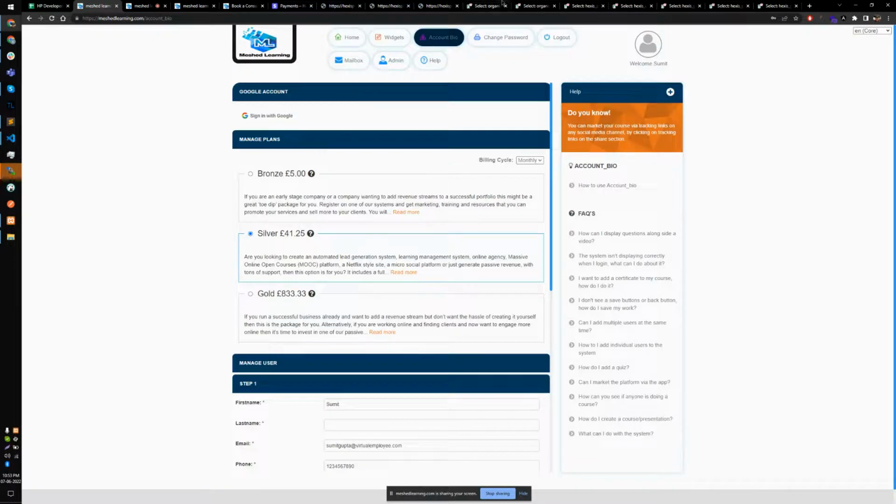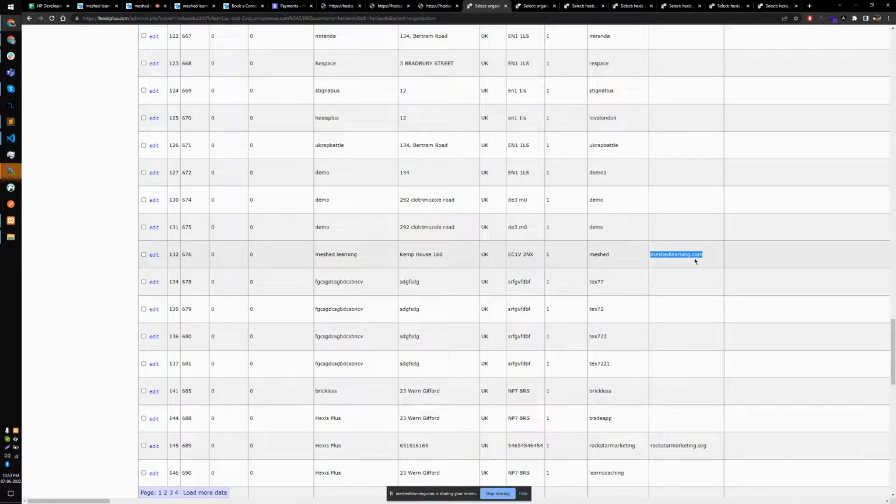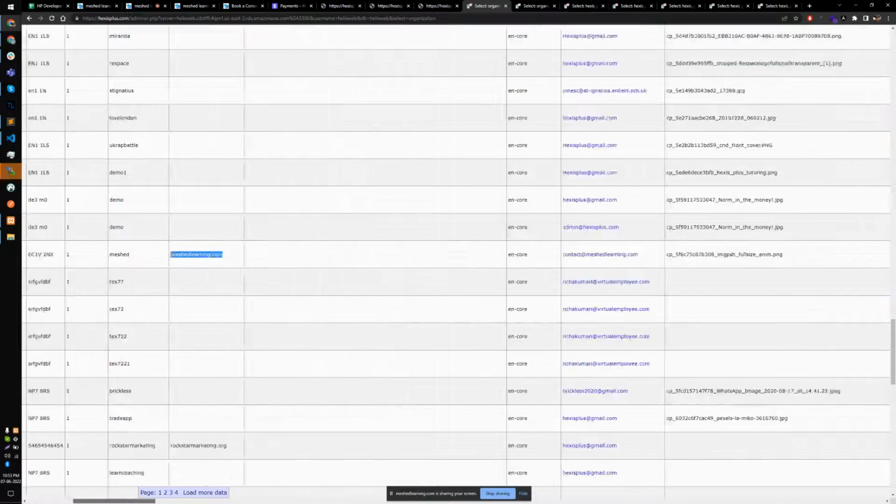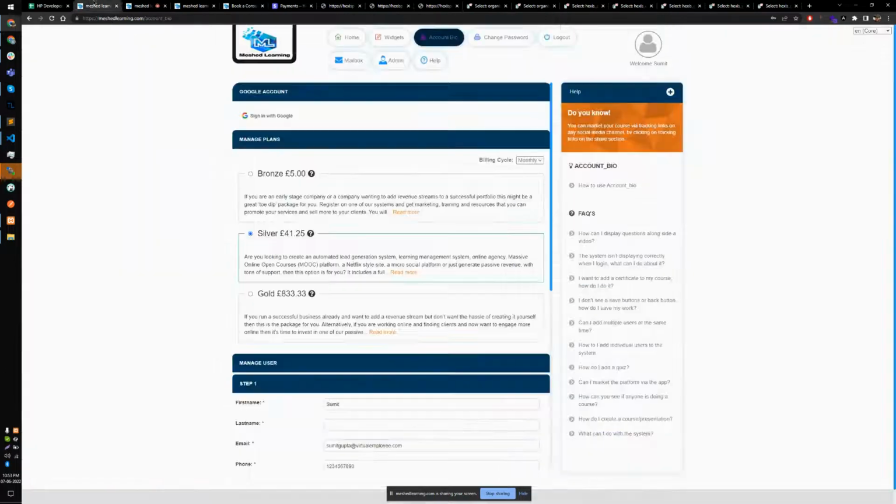As you can see, for Mesh Learning, we log in with this organization. So the owner, which is this one, when he logs in, he sees his own personal widgets, his own personal account, his own personal mailbox and admin settings that he can change. And in account bio, we have a section called Google account. So when the person clicks on sign in with Google, he will be